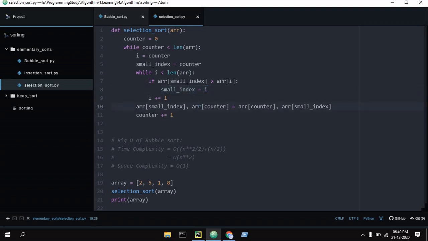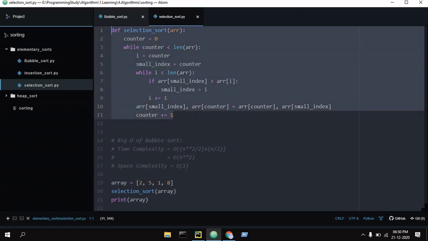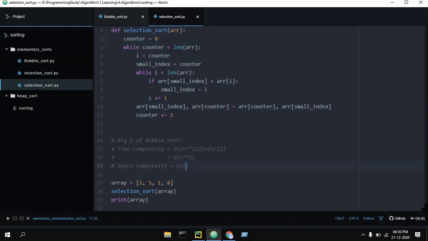It also has a time complexity of O of n square and a space complexity of O of 1, as we are not using any other space, we are defining the space in the beginning, so there is only a constant space complexity, meaning O of 1. Now we can run this program.